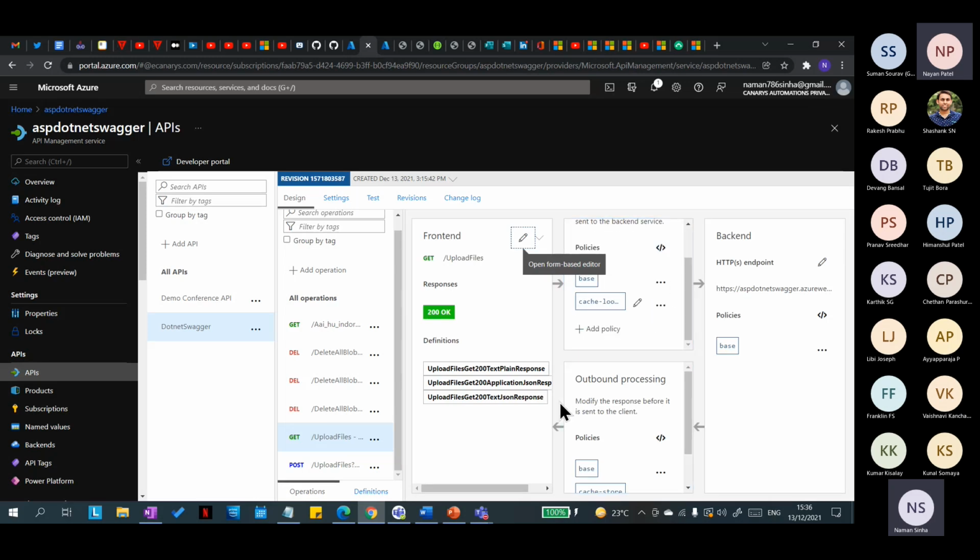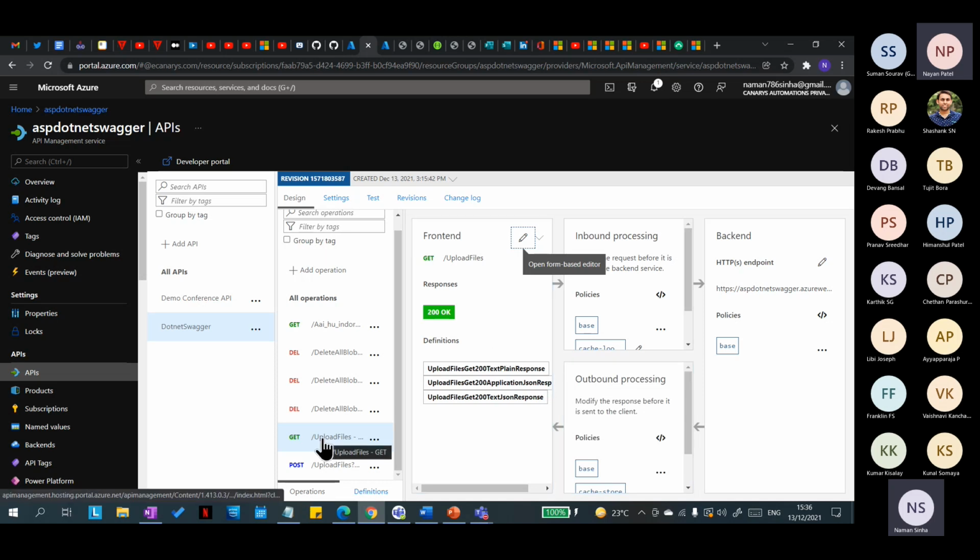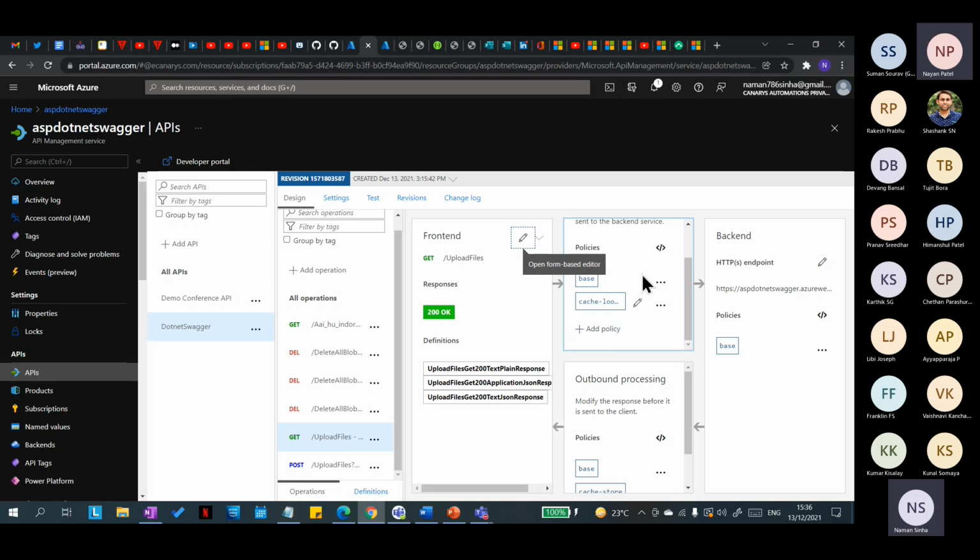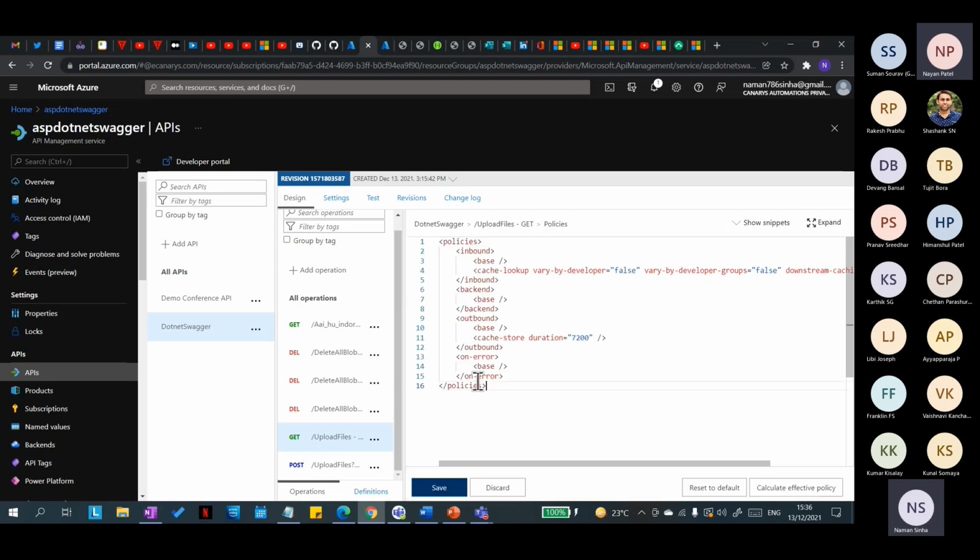So if you notice carefully, policies can be put on the outbound, the backend as well, and this one is the inbound. So for now we are placing a policy on the incoming request. Okay, and there what we are doing is for a complete set of XML, right? This is our actual policy, and this is what we just immediately applied just now. I just did it using the form based editor, and it is reflecting here, and you can see that the cache store is storing for